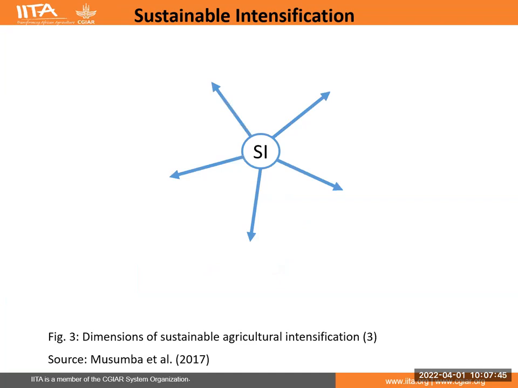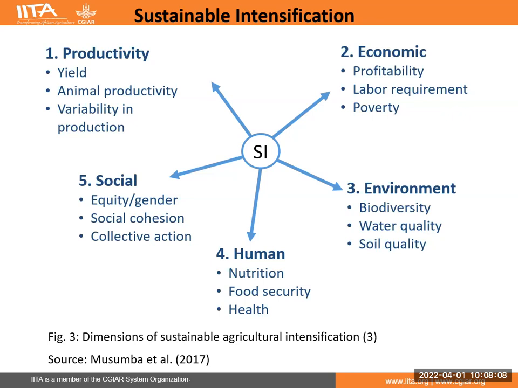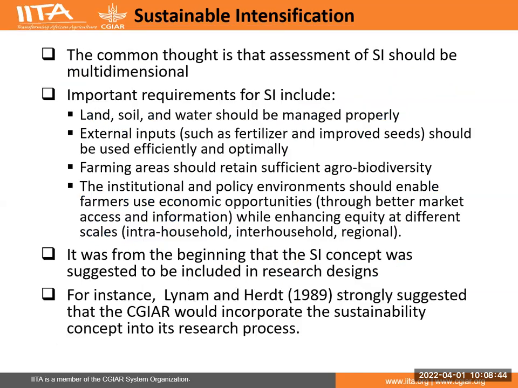The most recent framework to analyze sustainable intensification has been developed by Musumba and colleagues within the Africa Rising program. According to this framework, sustainable intensification has 5 domains, including productivity, economic, environment, human, and social dimensions. Each of these domains has a list of indicators or metrics. The validity of each of the indicators depends upon local context. That means researchers can use different indicators or combinations of indicators depending upon the local context. The common thought here is that assessment of sustainable intensification should be